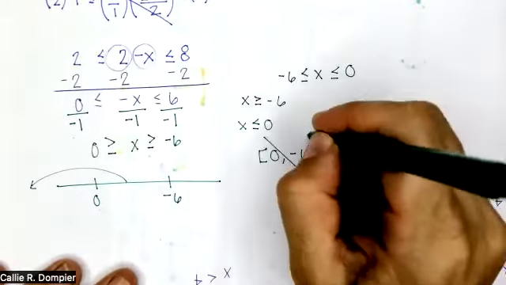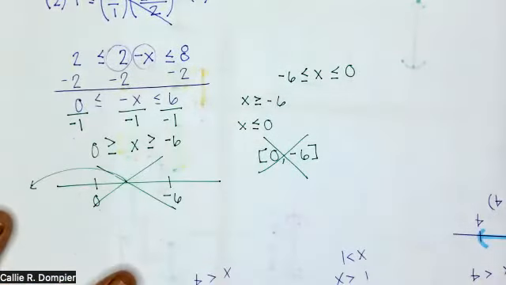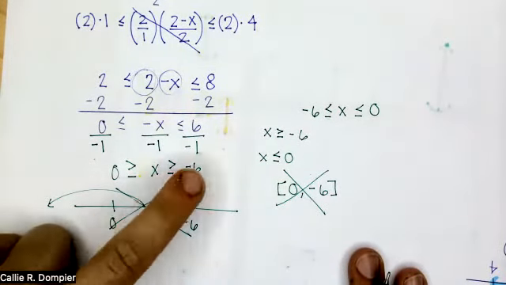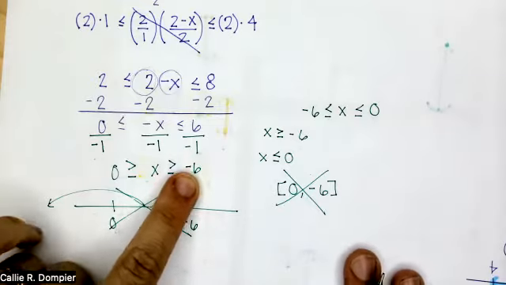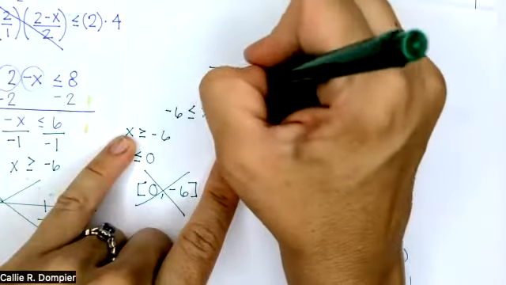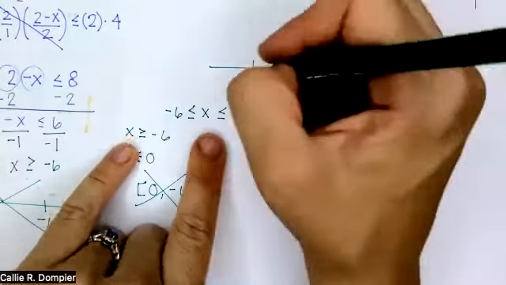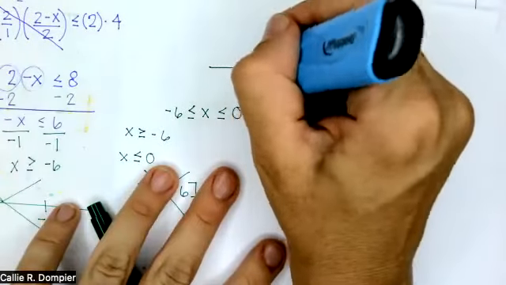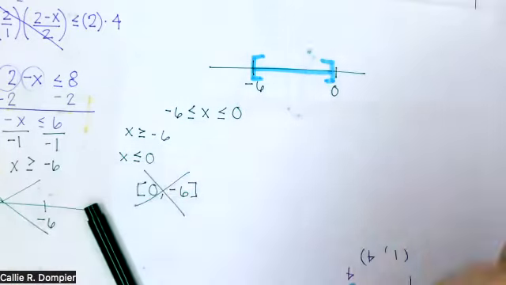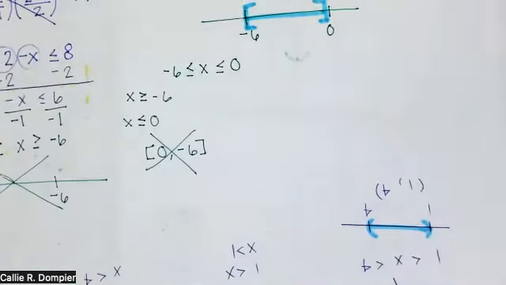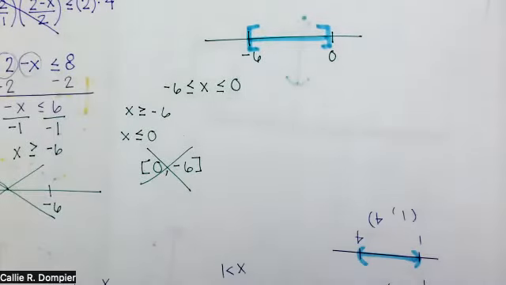Good? So it is still true that 0 is greater than or equal to x and x is greater than or equal to negative 6, but it's much easier to read it if you flip it around. Here's negative 6. Here's 0. X is greater than or equal to negative 6, less than or equal to 0. Good? Okay. Any questions? All right,